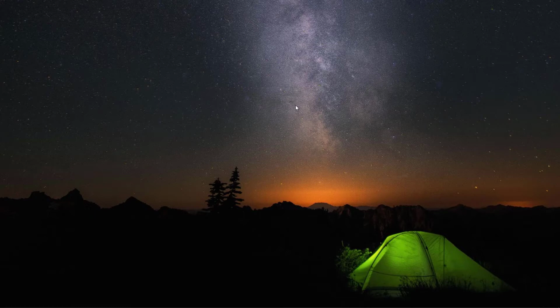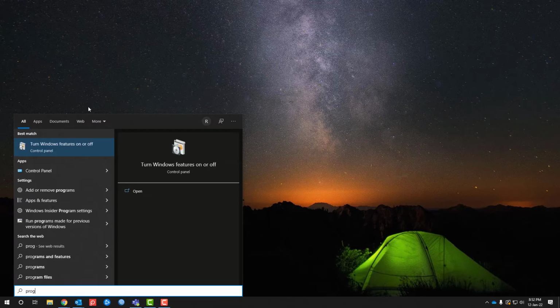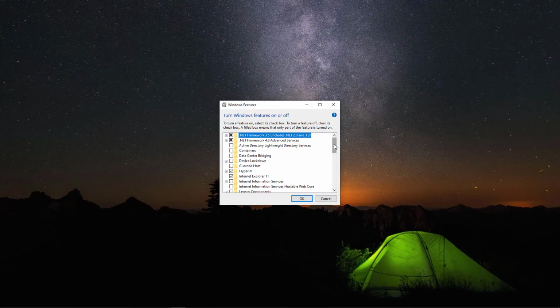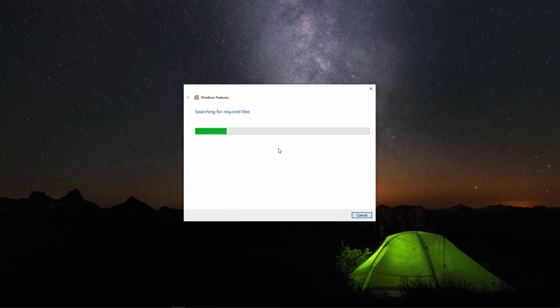So now that we have the prereqs out of the way, let's go ahead and enable the Sandbox environment. What we'll have to do is open up Windows Search and search for Programs and Features. And we're going to say turn Windows features on or off. We're going to scroll all the way down. And here where it says Windows Sandbox, we'll have to click the checkbox for Windows Sandbox and